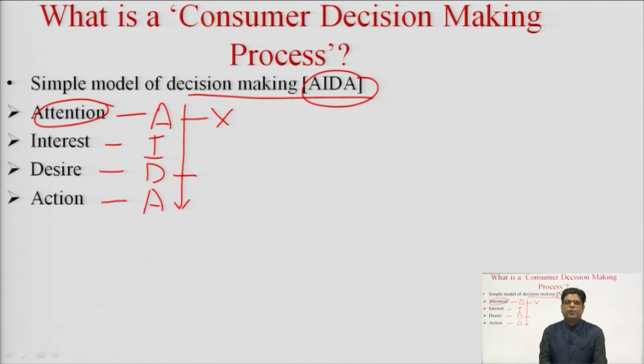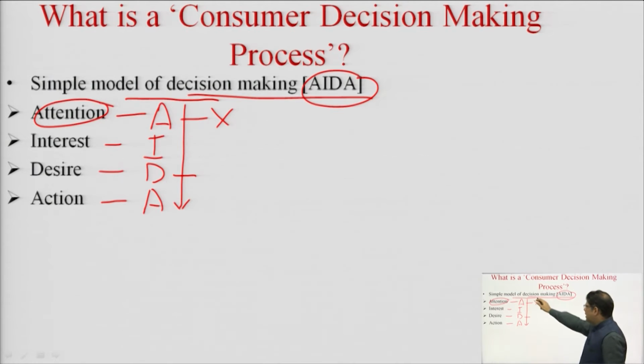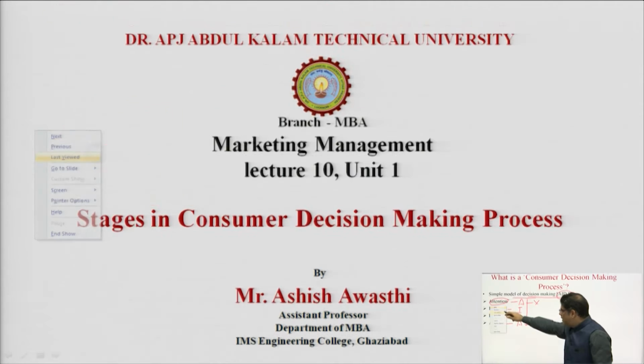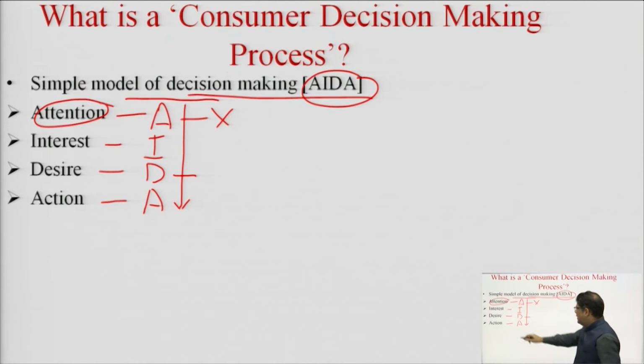And after the desire phase, the last, that is the action phase, follows. The action phase is the phase in which the consumer purchases the product or the service, or the consumer gives the money to the seller, and in return the consumer gets the product or the experience of the service. So, to conclude, the AIDA model is a very simple selling model, a very simple model of decision making, in which a consumer basically passes through four phases: attention, then interest, then desire, and finally action, in which the person finally decides to purchase the product.